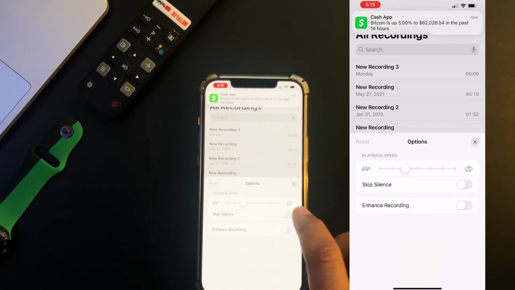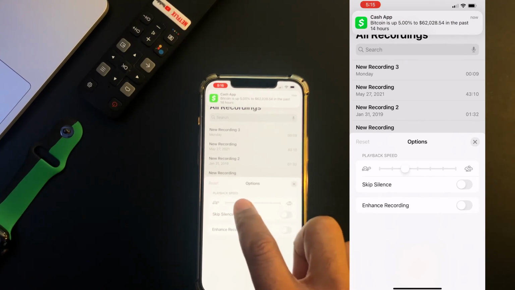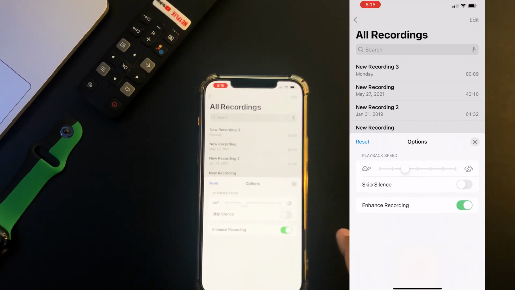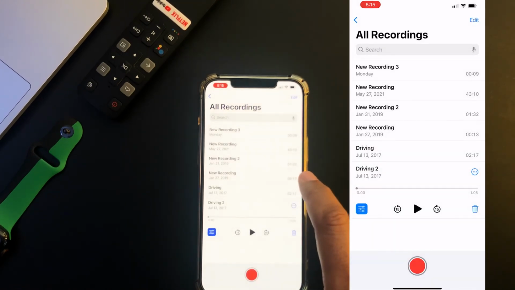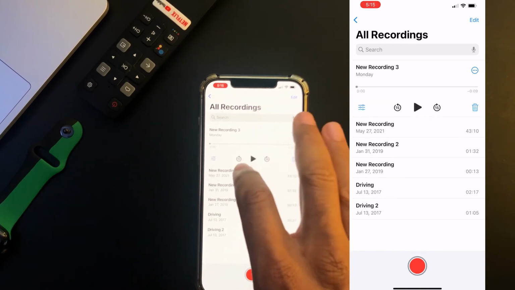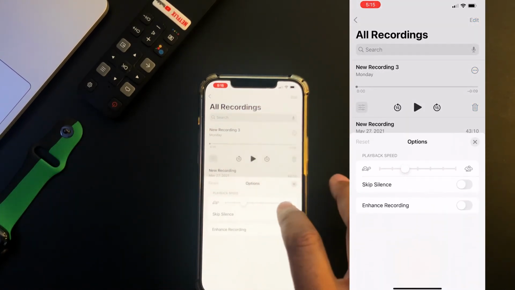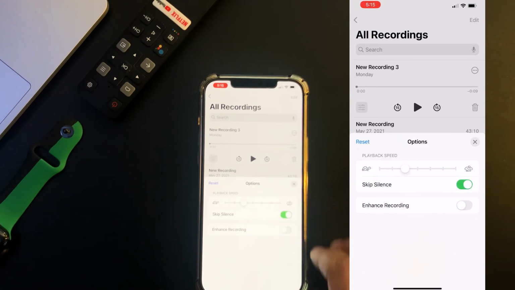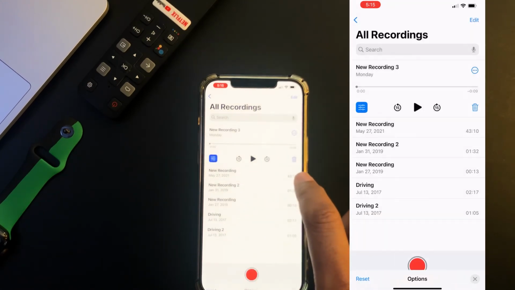You can speed it up, slow it down. You can enhance the recording. And the one we're going to pay attention to today is called skip silence. What this does is, say if you've recorded a long memo and you have multiple points of dead air inside of that voice memo, you can easily skip over that by enabling this feature. And what iOS will do is that it will just group up the areas of that recording where it recognizes sound. So let's say if I do